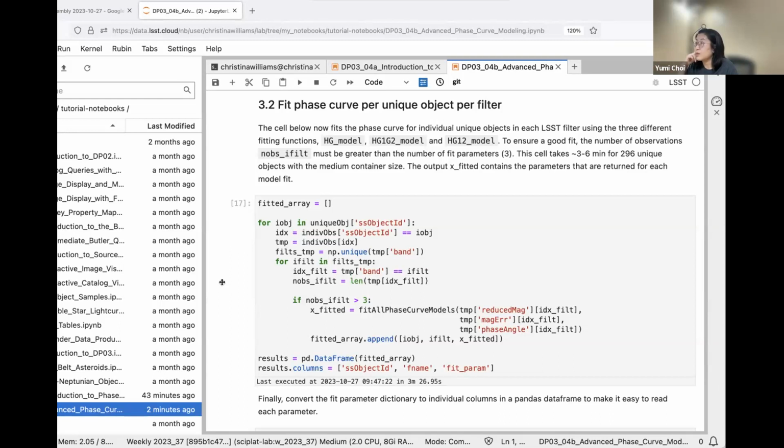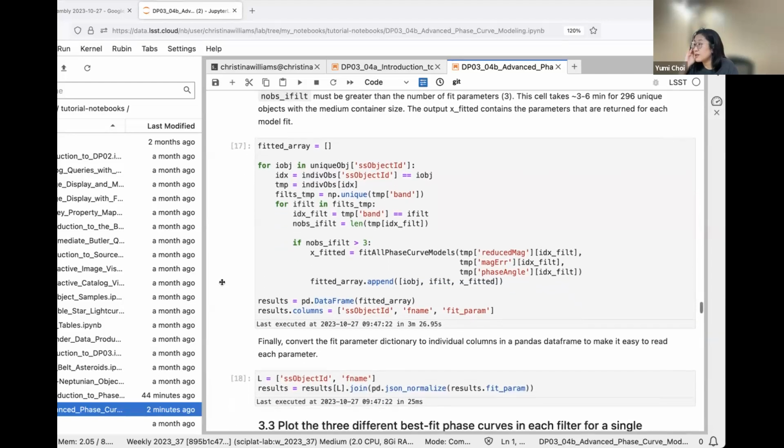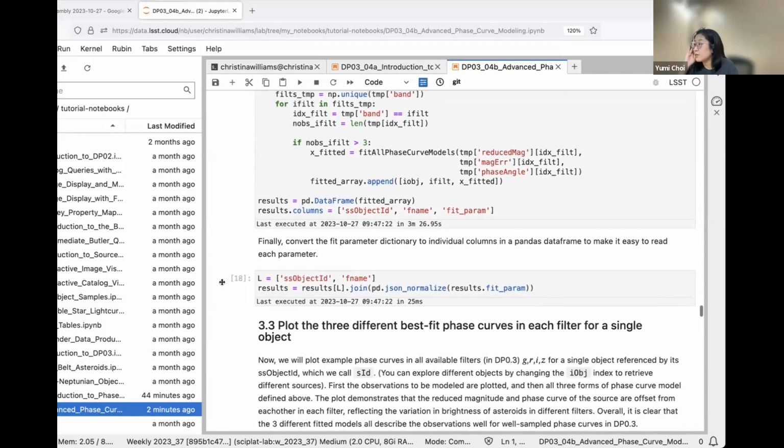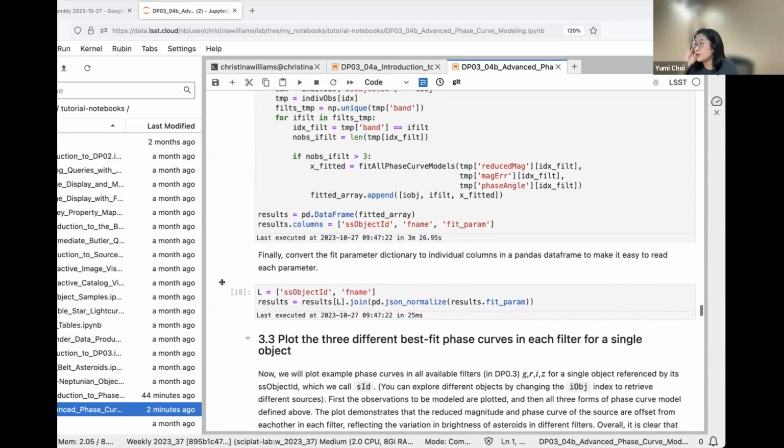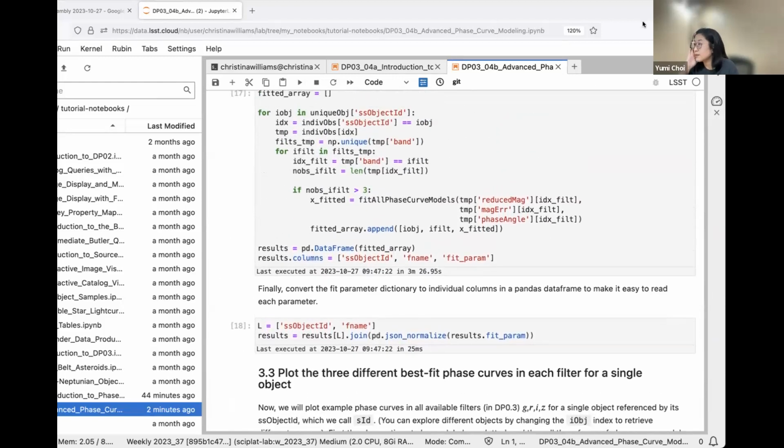We are trying to optimize the number of objects so that we can do some investigations, with not small number statistics, but still fit within a reasonable time. While this runs, are there any questions? Please ask.